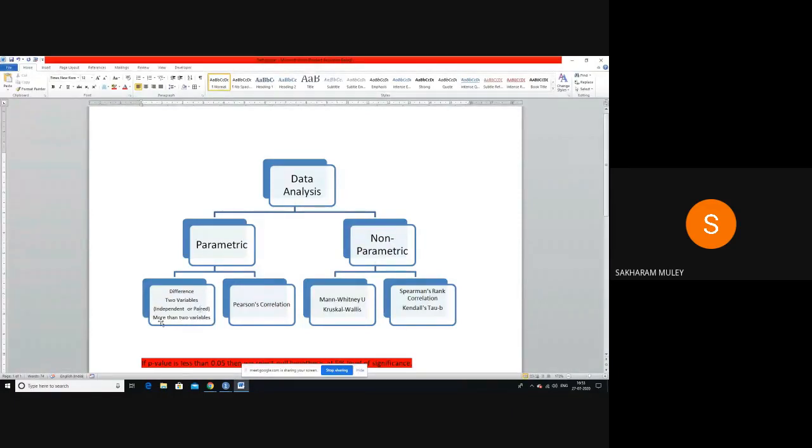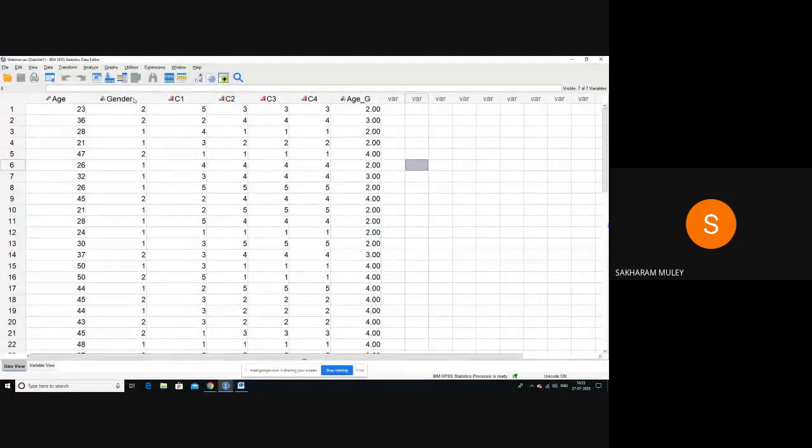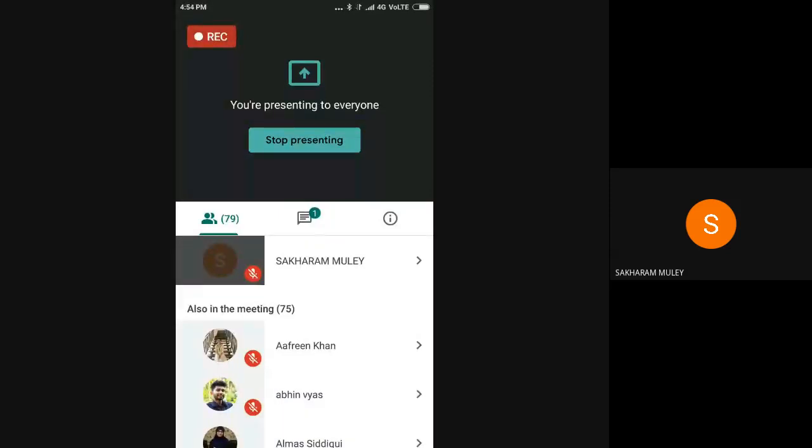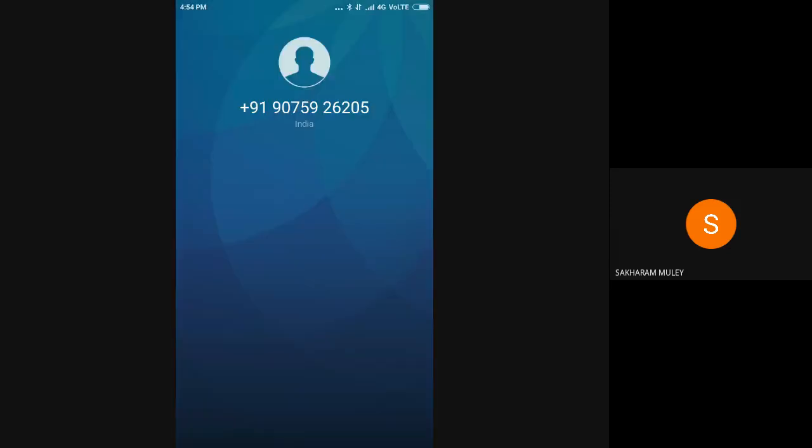Okay, there is another case where we can have more than two groups. Say, for example, I have 4 age groups, and I want to compare whether the marks of the students differ significantly between age groups. In this particular data set you can see that I have gender, age, C1, C2, and satisfaction level. Suppose I add another variable and call it marks. I will make it numeric, and it is a scale.